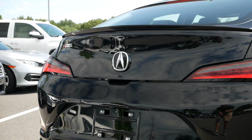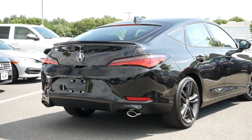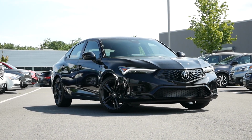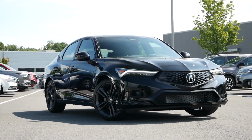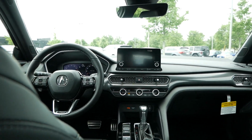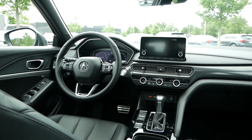No surprises for 2023, as front-wheel drive will be the only drivetrain available. And for fuel economy, you're looking at right around 30 miles per gallon in the city, and 37 miles per gallon on the highway. Stepping inside, this is where the Integra for the most part resembles its cousin, as the